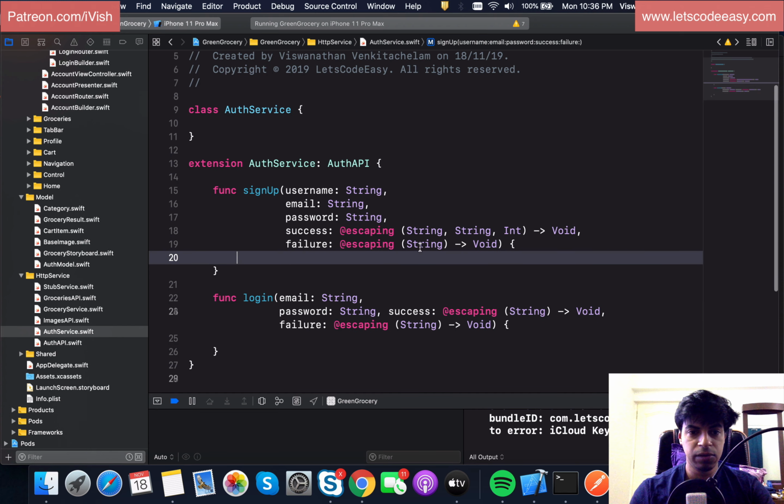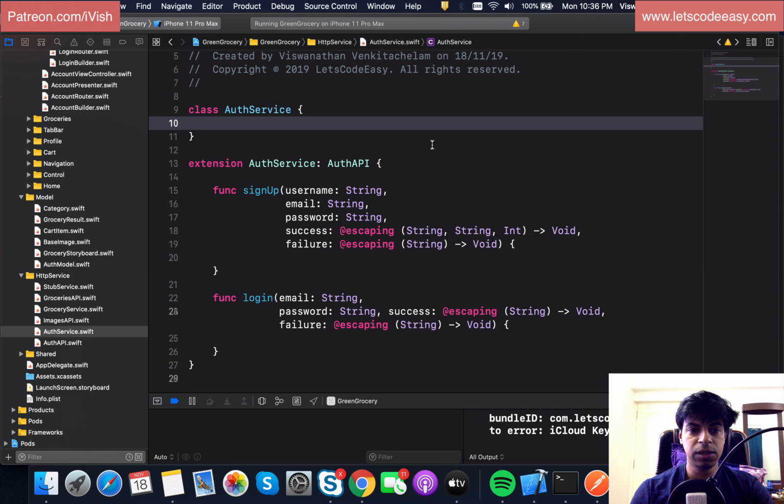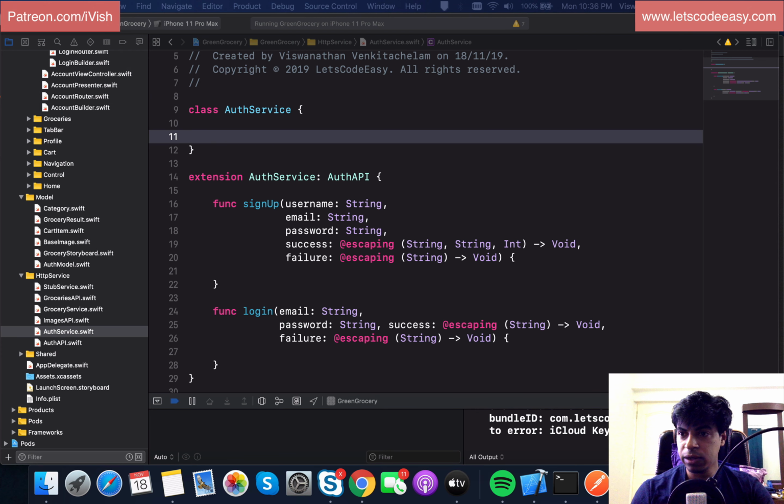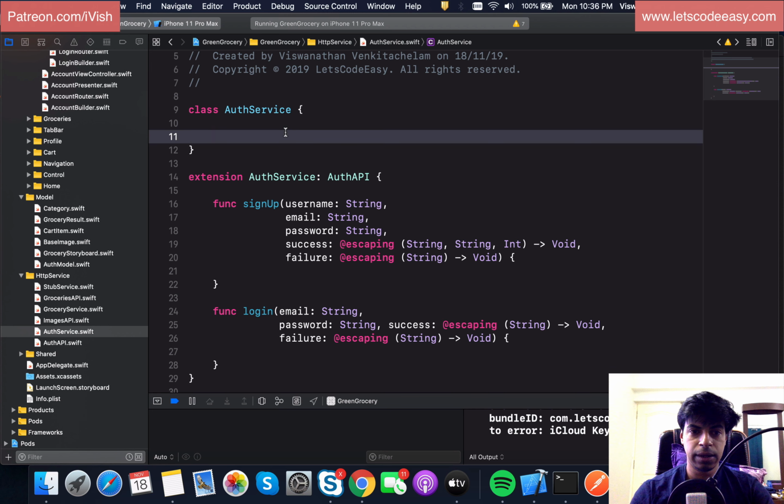Okay, that's perfect. Now sign up, login, auth services are ready. So auth service now needs this HTTP router and whatever we created, the HTTP service, to be added here. So let me just easily add those here, like simple lazy